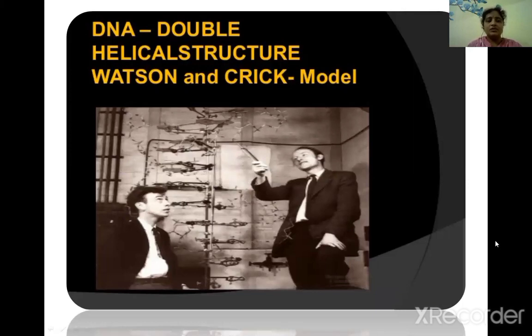The double helix model of DNA was proposed by Watson and Crick in 1953, based on the X-ray diffraction studies of Wilkins and Franklin and chemical analysis by Chargaff. Watson, Crick and Wilkins received the Nobel Prize for the double helix, which was rated as the molecule of the 21st century.